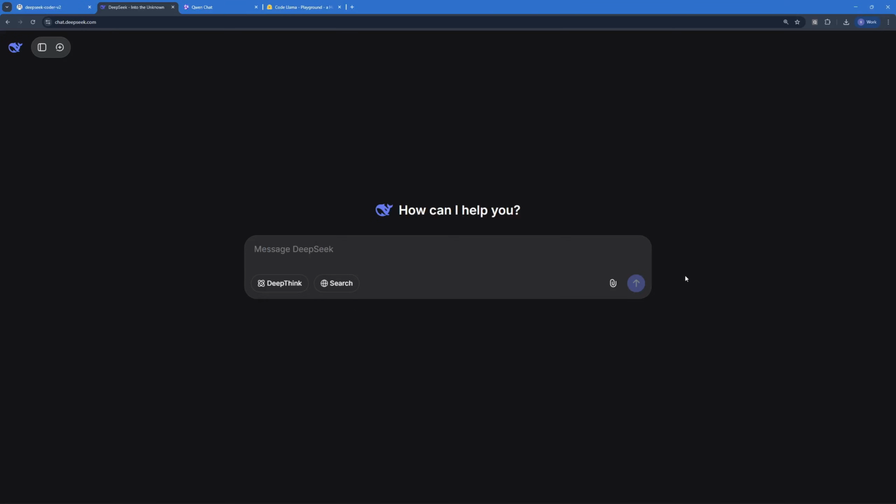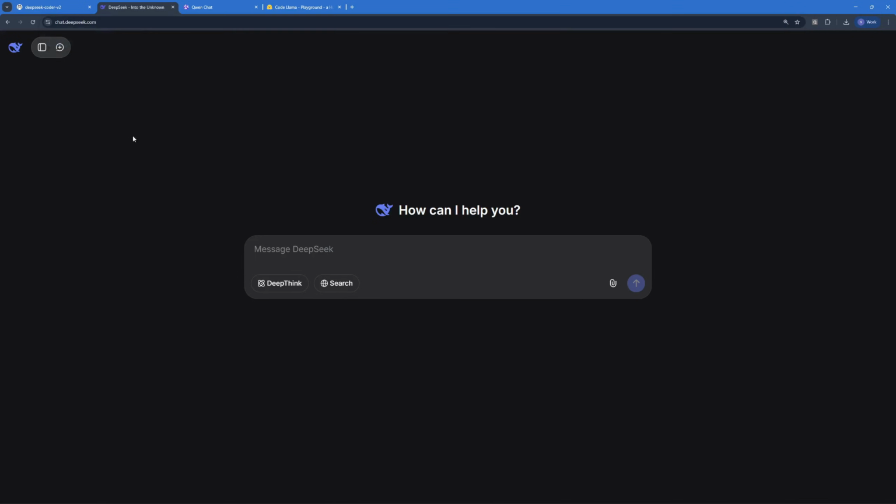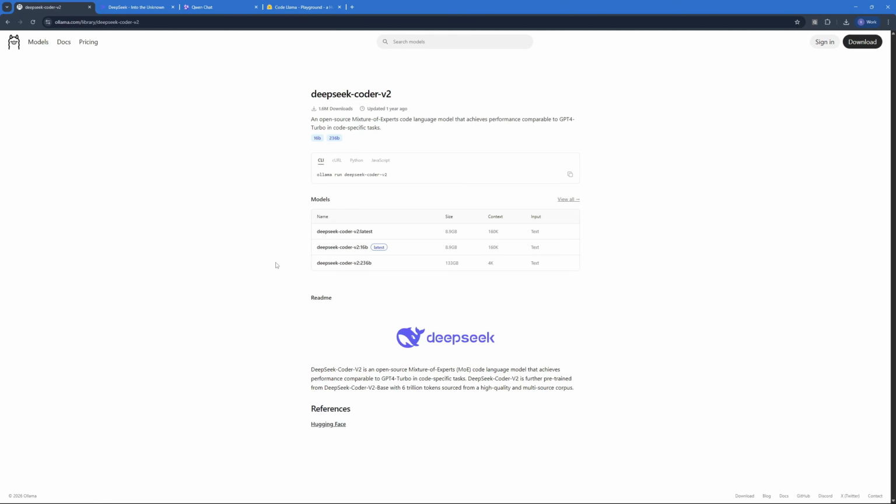On number 1, we have DeepSeek. You can go ahead and access DeepSeek's web chat via going to chat.deepseek.com, and here you can access their latest model. Now, DeepSeek's Coder V2 specifically is an amazing model when it comes to coding. It has a light variant which is only 16 billion parameters and it's only going to take around 9 gigabytes of your space. And there's also a massive version of it which is 236 billion parameters and is going to